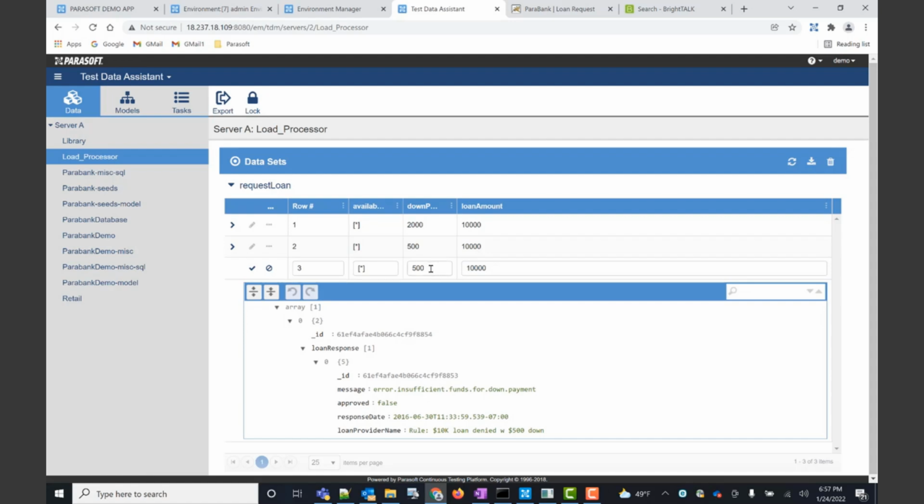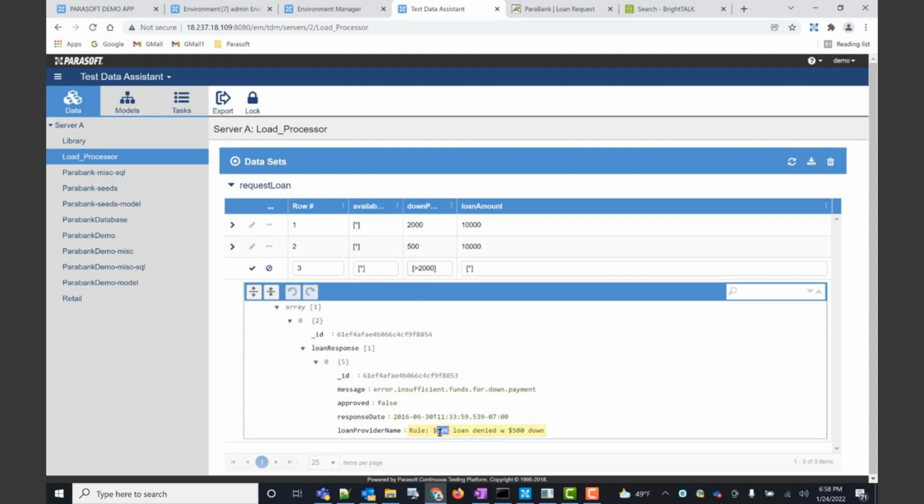And I can say that anything greater than $2,000, and I have to put that in square brackets, for any amount of loan, let's say. It doesn't even have to be $10,000 anymore. As long as I put down more than $2,000, then that loan will be approved.